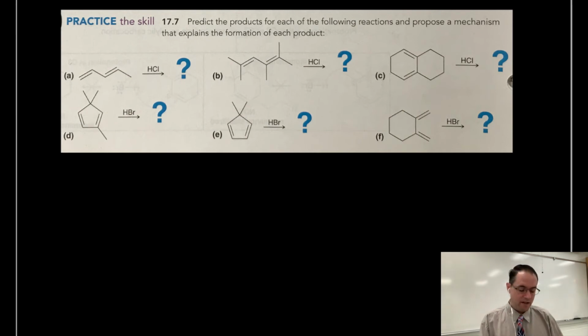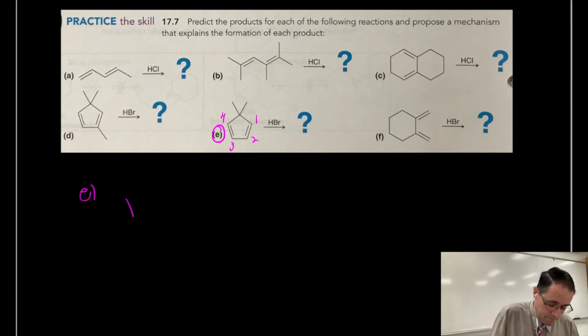Now, when you have a very symmetrical alkene, there's not going to be a choice as to which way you number 1, 2, 3, 4 or 4, 3, 2, 1. For example, in problem E here, there's a plane of symmetry down the center of the molecule. So this is going to be very simple, okay? Now, you can just number it in a clockwise way, which is normally how I number rings. So for example, for part E, we would